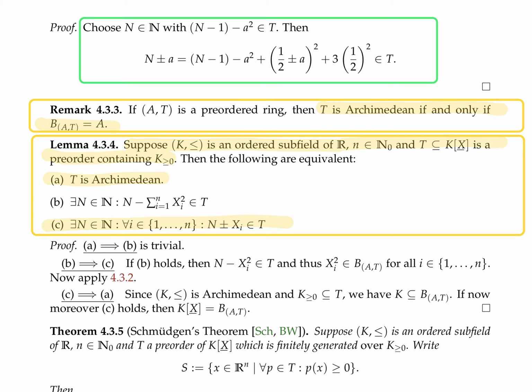are equivalent: T is Archimedean, and there exists an n in N such that for all i, n plus and minus xi lie in T. So the condition here is that 2n elements lie in T. You could think of these as polynomials where the corresponding inequalities would define a cube. So if you look at the system of 2n inequalities, n plus minus xi is non-negative,